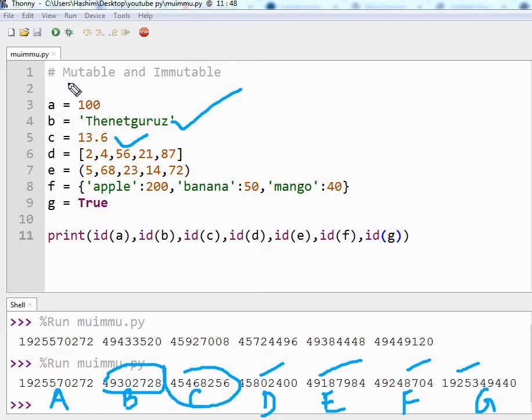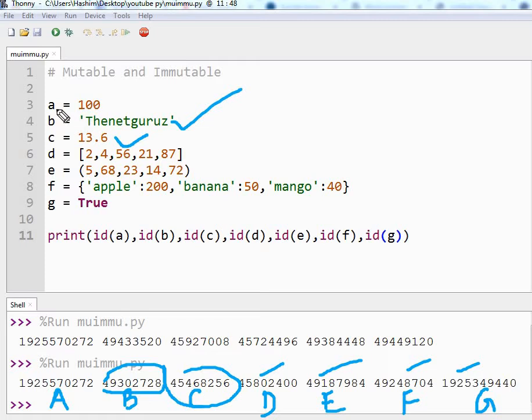So now the question is, what is mutable and immutable? Those variables which just point to a different memory address when you change the value, we call them immutable. Immutable means which do not mutate, which do not change.